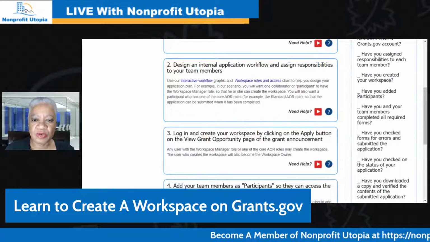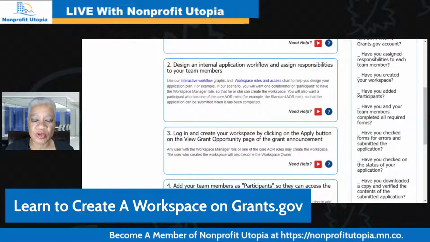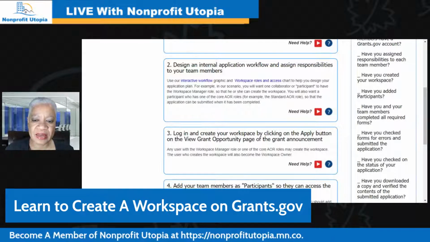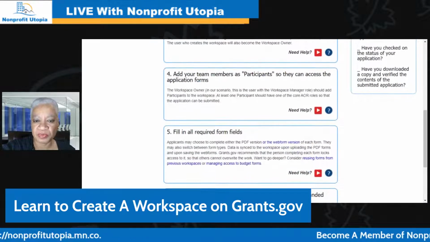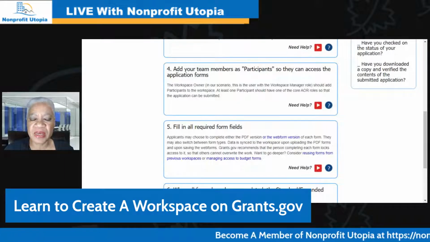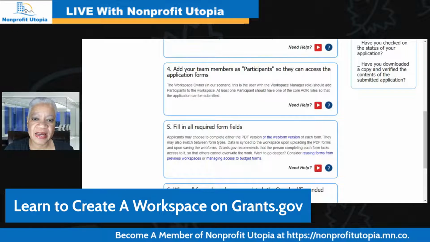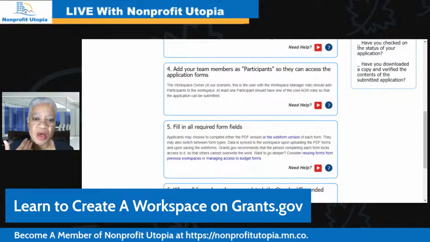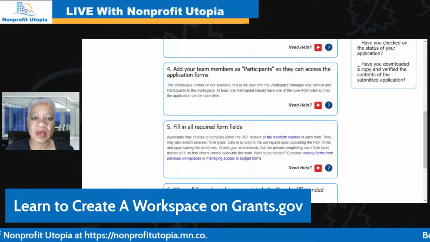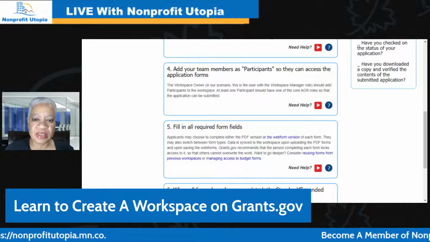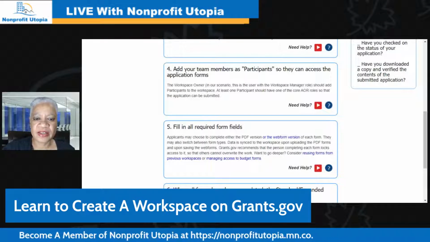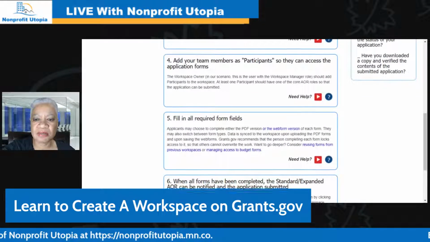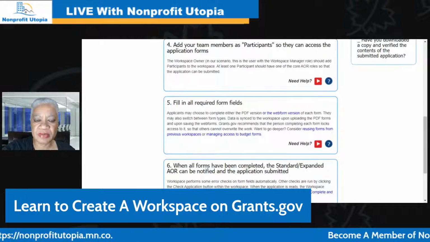And again, when you see an opportunity that you want to apply for, you just click on the red apply button, and then you can add the members who are participants, so all the people who are participating in your process. Again, this could be people on the program side. This could be people in development who are actually focusing on grant writing. It could be your CFO. It could be your executive director. All right. So anybody who has an important role to play is going to be on your team,